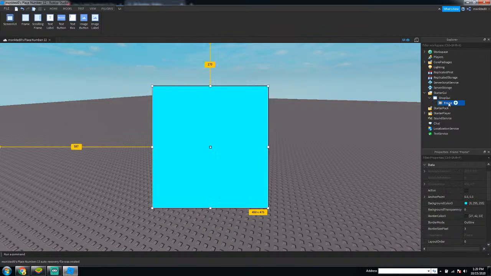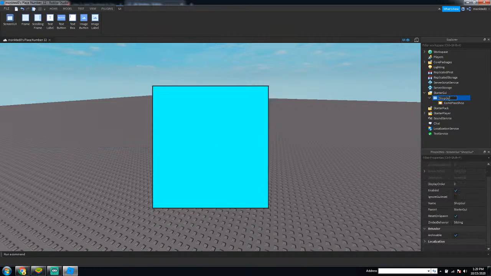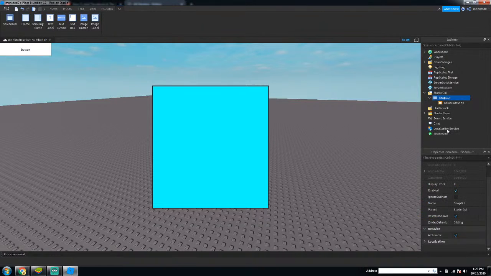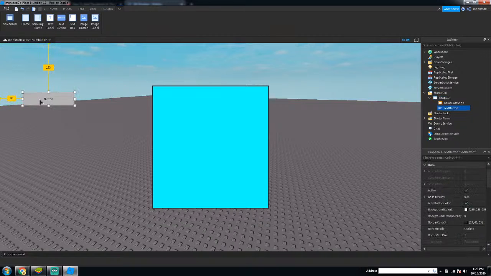And you can name this frame to shop Game Pass or Game Pass shop. There we go. Then you can add in, I'm just gonna capitalize the GUI. You can add in a text button to the shop GUI, and then you can